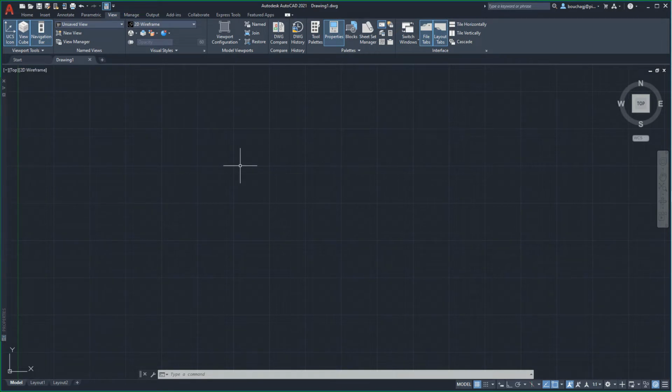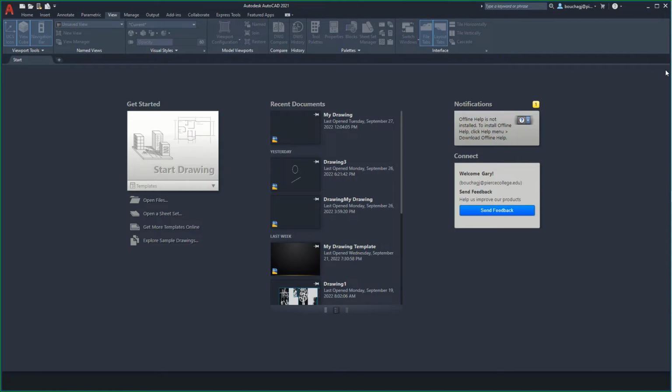Let's close this drawing file by one of two methods. We can click on the X in the Drawing 1 File tab, or we can click on the X just up to the right of our view cube. We are now presented with the AutoCAD Start screen. And if we were to click on the box labeled Start Drawing, we would again open the default AutoCAD template